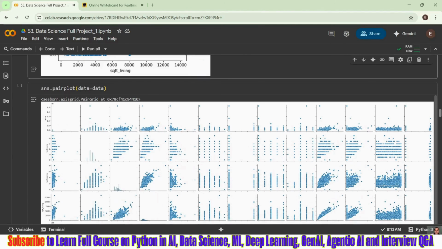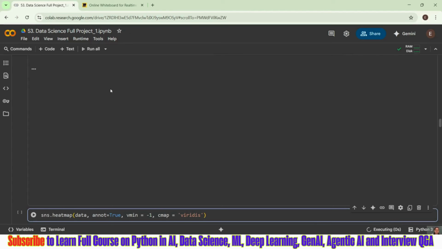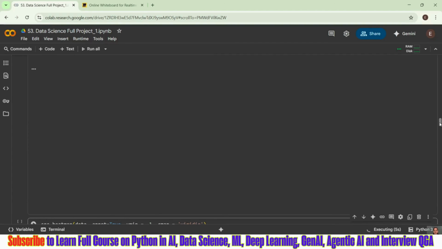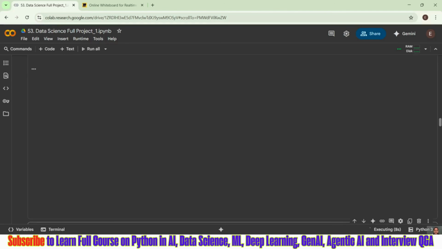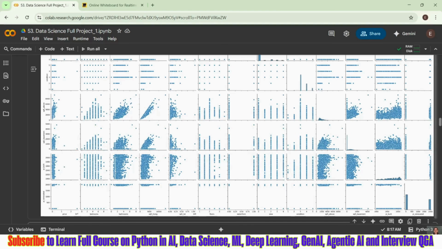So if I come down, I have taken another plot, a pair plot. Again, what I have explained to you about the pair plot is that it is going to give you all the data present, all the plotting, based on the type of plot: a scatter plot if it is a comparison between two variables, and if it is a single variable, it is going to present all the single variables in a diagonal form of histograms, right? The same thing we will see in this pair plot.